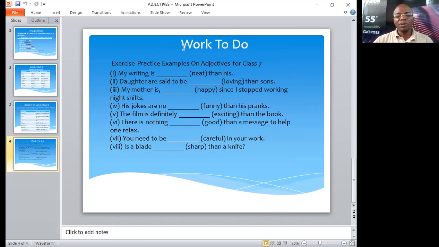So you're going to copy the notes and then do that work. Take a photo just like I had said, attach it to our WhatsApp group, then I will look at that work. And of course, you can also submit the work at school so that at least we can have a look at it and see where you went wrong and then try to correct. And then again, I am appealing to you people. Can we be a little bit serious? Let us comment. Let us not be dormant in the WhatsApp group. Do something. Say something. Do the work. Submit.